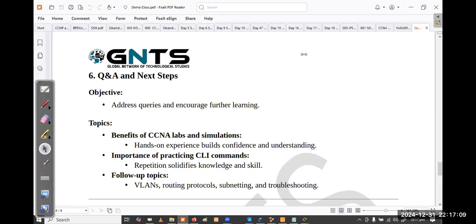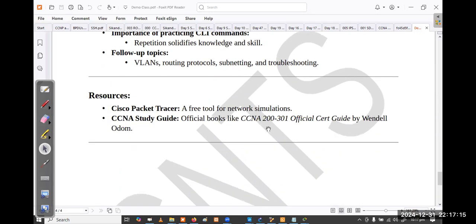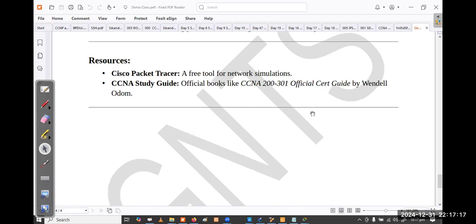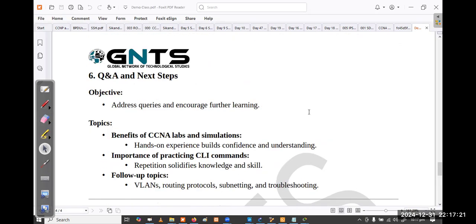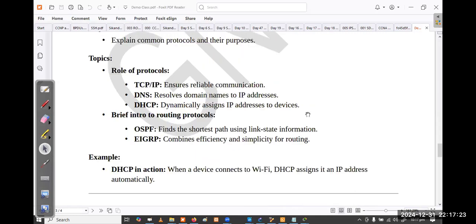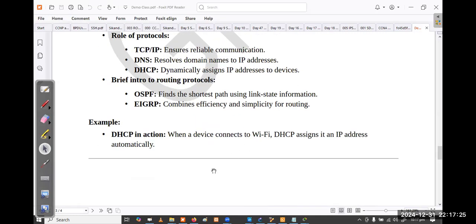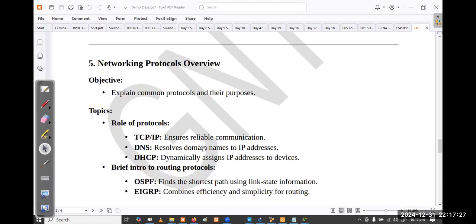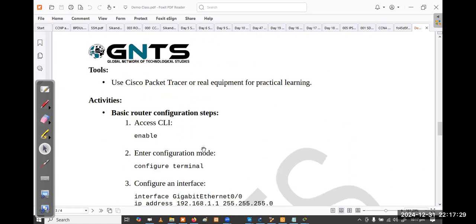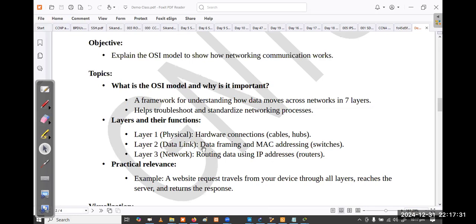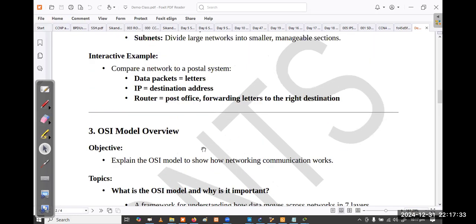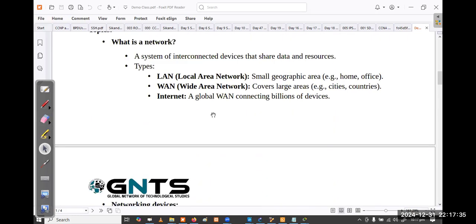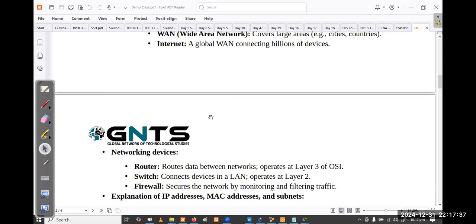No doubts, right? Everything is clear. Fine. No doubts? I think I have covered almost everything that I prepared here.